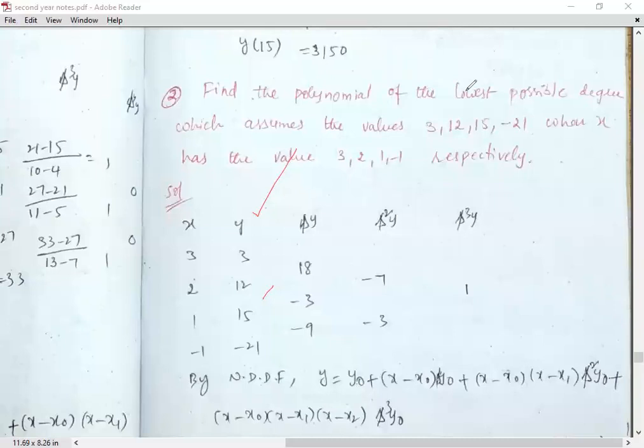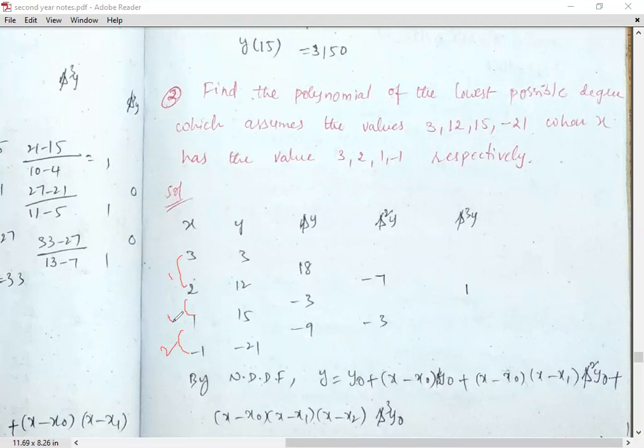we can see all the x values are not equally spaced because the first two successive values differ by 1, the next two successive values differ by 1, and the next two successive values differ by 2. So here the difference is not unique, it is varying. So the data x comma y is said to be non-uniform data.